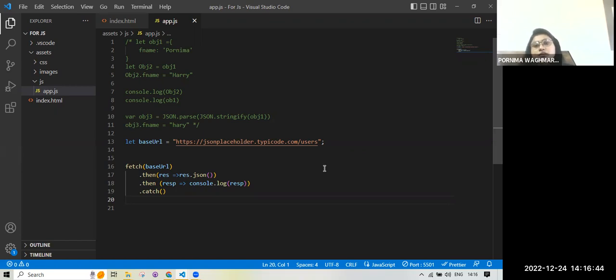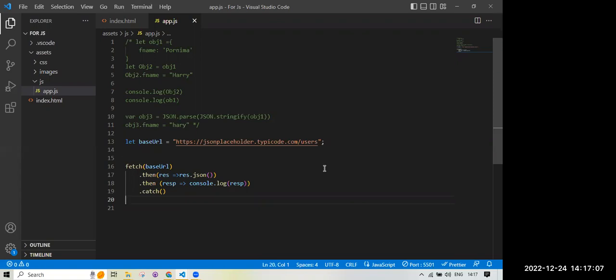In one-way data binding, for transferring data from template to TS, we use event binding. And for transferring data from TS to template, we use property binding and string interpolation. And for two-way data binding, we use ngModel. This box is called banana in the box.